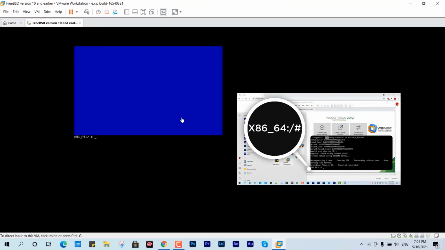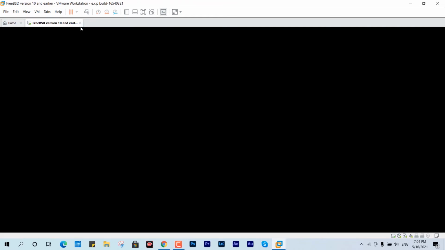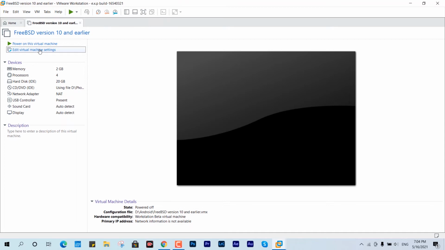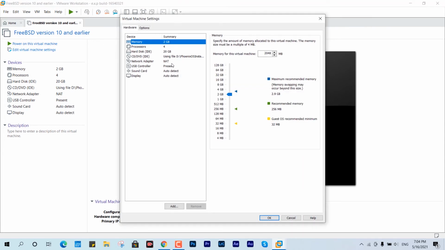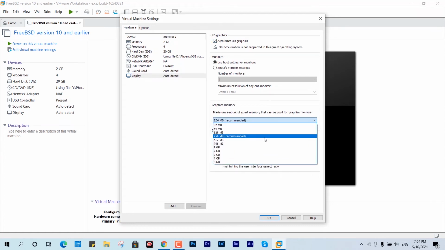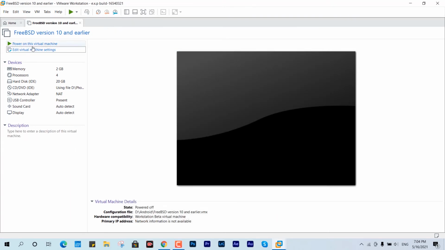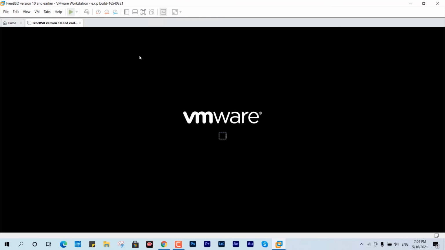So yeah, if you see this kind of error like x86_64, as I have made a video earlier, you can check out that too. All you just have to make a simple change within its display setting. You just have to allot 3D graphics, and you have to allot the memory. I would go with 1 gigs of memory. In my case, it's 2 GB, so it wouldn't harm my system if I give it 1 gigs of memory for display especially. Okay,